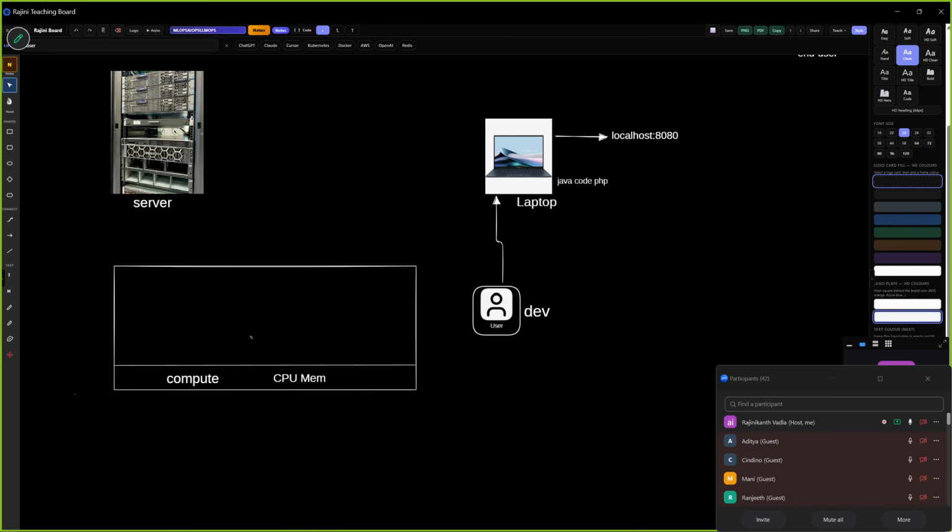On top of this, we will be running our operating system, which is Windows, Linux, Mac, RHEL, Debian, Ubuntu, SUSE, and Parrot. Many operating systems like this are there. So you are going to run an operating system on this server.